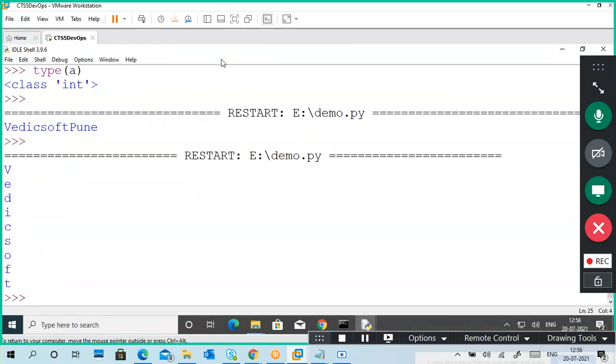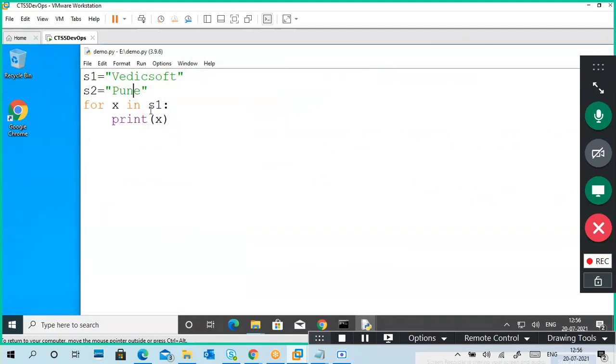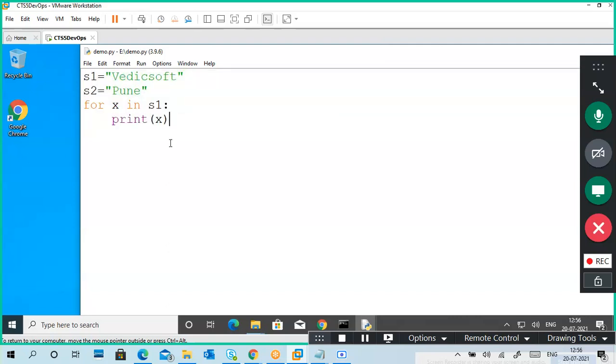So you don't require any IDEs here. Simply you can write a program here and then execute. It will execute in the shell. You can see the output in the other window. Literally you don't require any IDEs, but IDEs look good. While you are typing, automatically it will give you colors and suggestions if any mistakes are there.